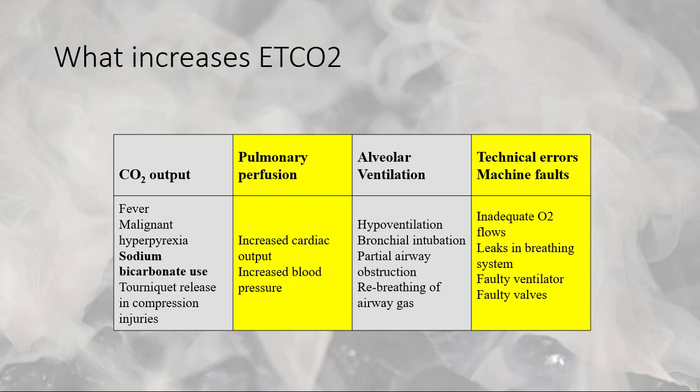Pulmonary perfusion: things that improve pulmonary perfusion, such as increased blood pressure and increased cardiac output, can also affect the amount of end-tidal CO2 you get, depending on what's going on. Things that affect alveolar ventilation, such as hypoventilation. Basically, the alveolar ventilation isn't washing it out, so it builds up